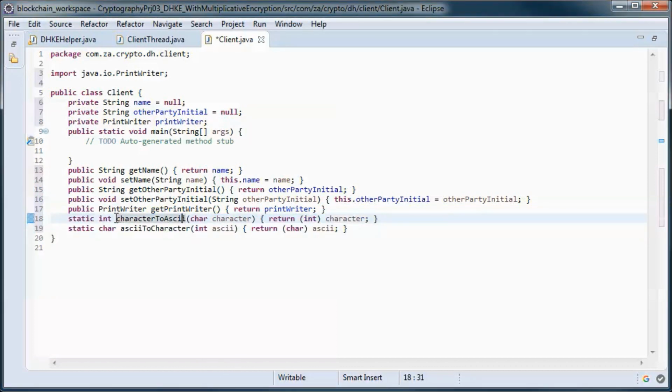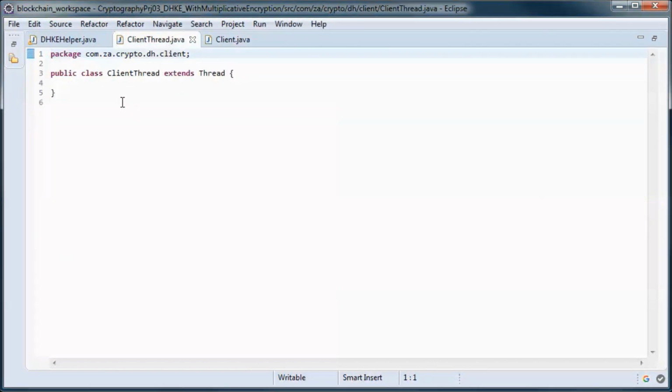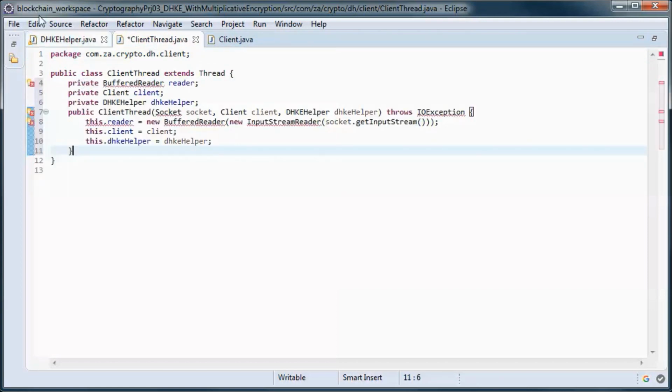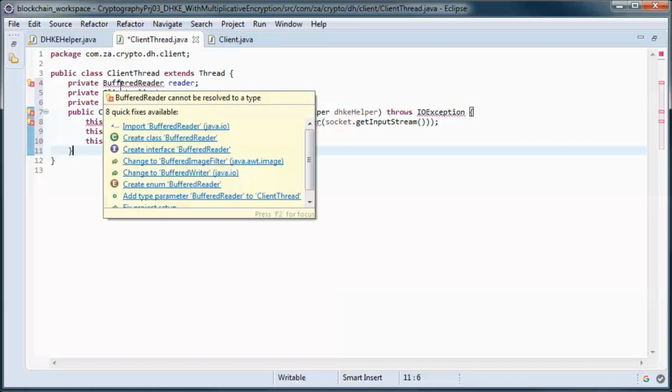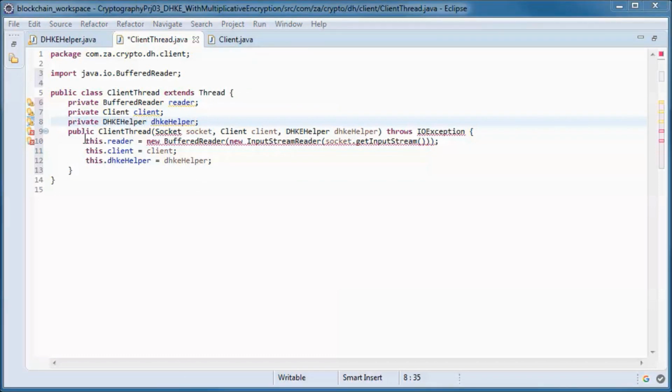This one turns character to ASCII, and this one turns ASCII to character. And the client thread will have those three instance variables, and we will initialize them in the constructor.